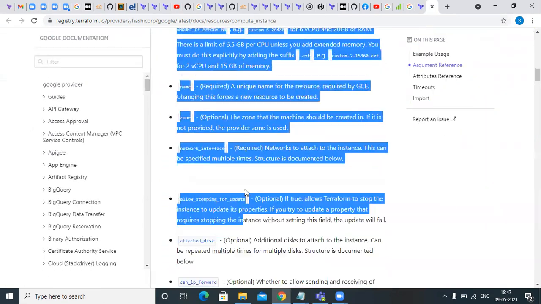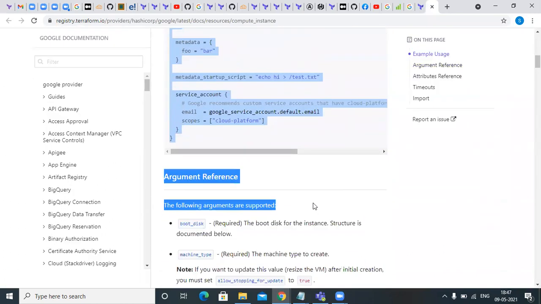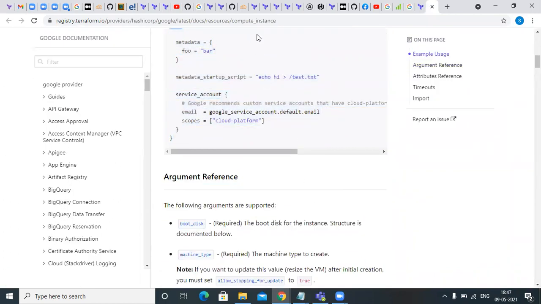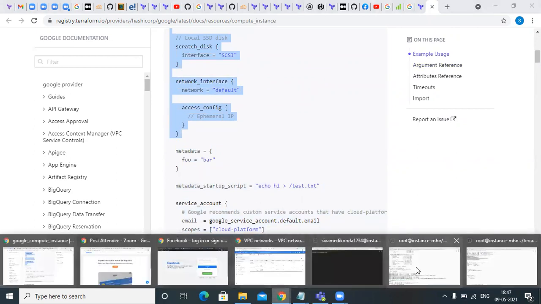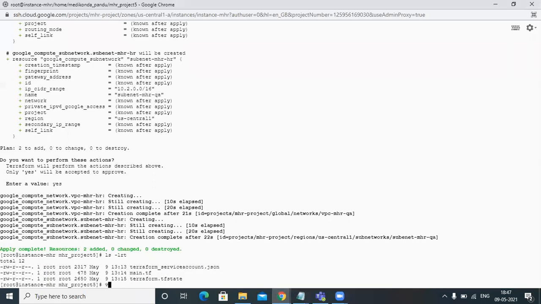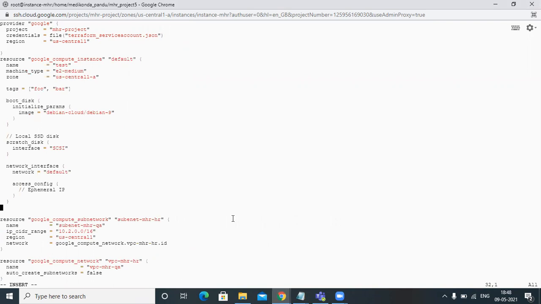Simply I will copy this content and paste it here in the main.tf file. I want to create an instance in this subnet.